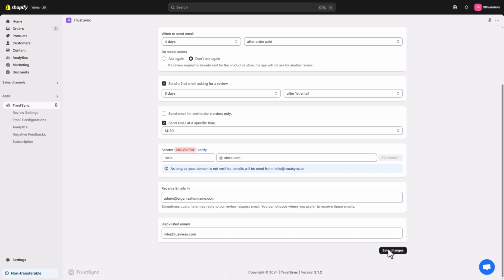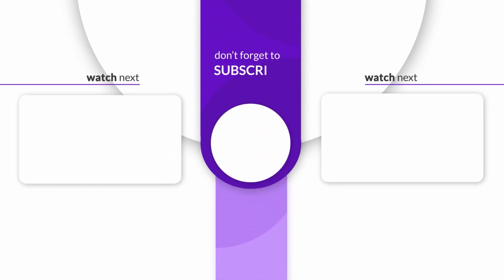This is how simply you can customize the visual appearance and general settings of your review request email in the